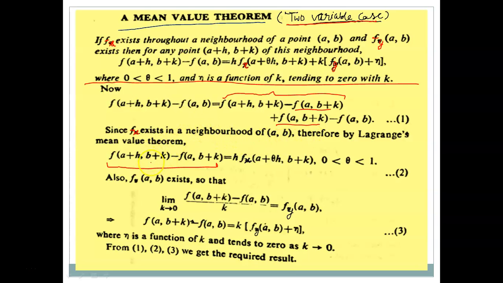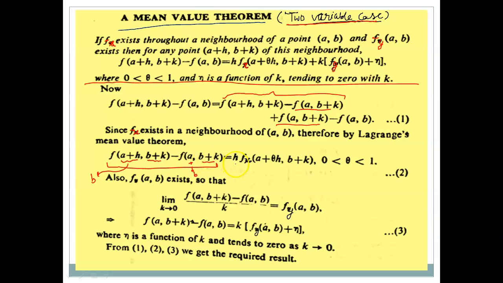It becomes the function of a single variable because here we are keeping the y coordinate constant. So just look at this as a function of a single variable. If you compare with the earlier case, this part corresponds to b and this part corresponds to a. So you can see f(b) - f(a)